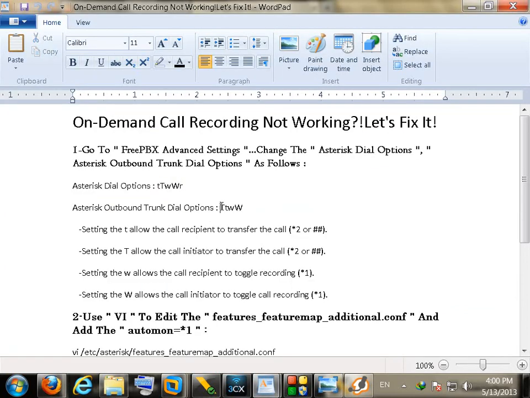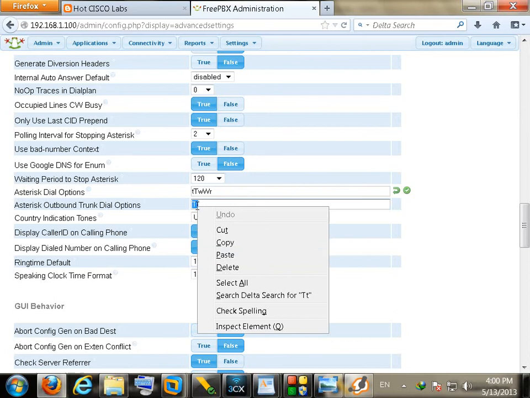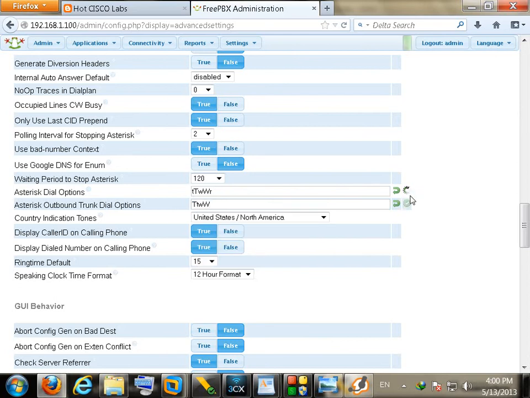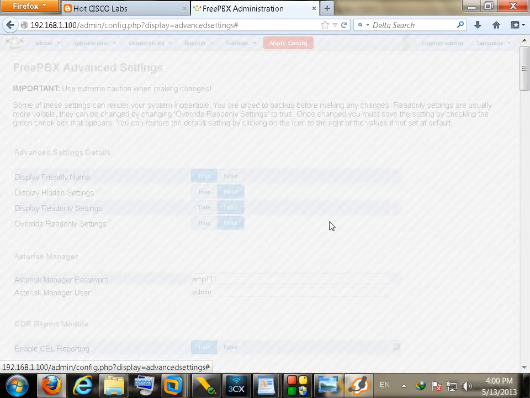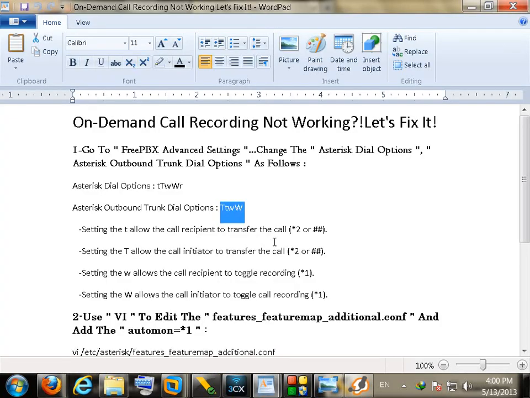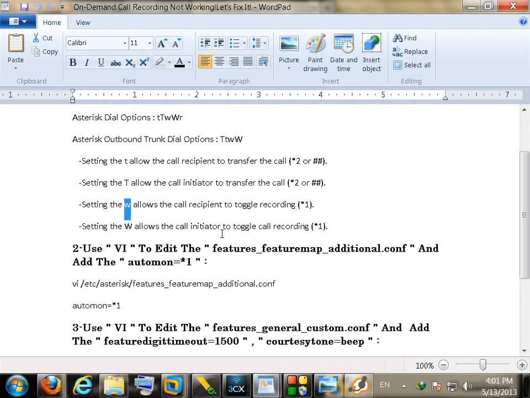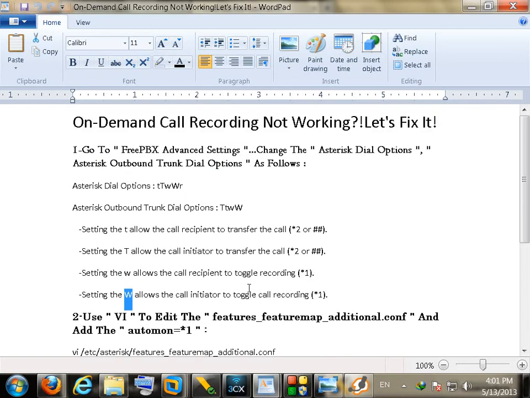and also the outbound trunk dial options. Save and apply your configuration. And now by doing this, you can see here the small w allows the call recipient to use the call recording, and the capital W will allow the call initiator, the source of the call, to use call recording. So by adding the capital W to the Asterisk Dial Options, which will control the internal call behavior or the call behavior internally,